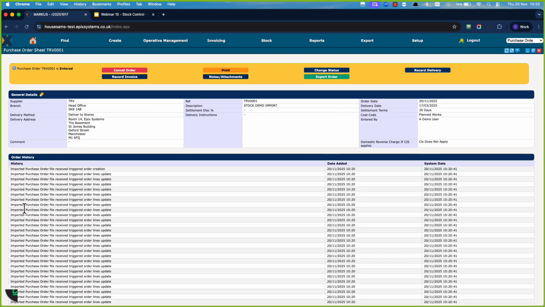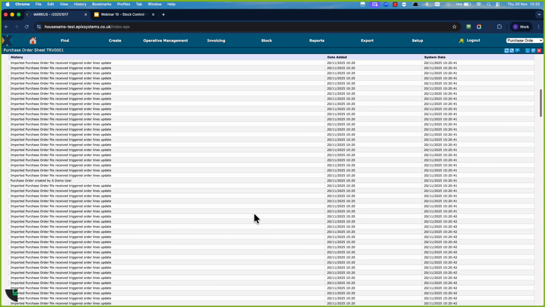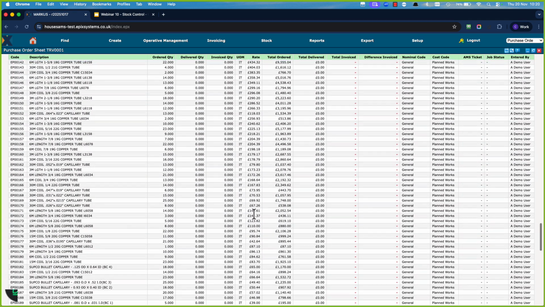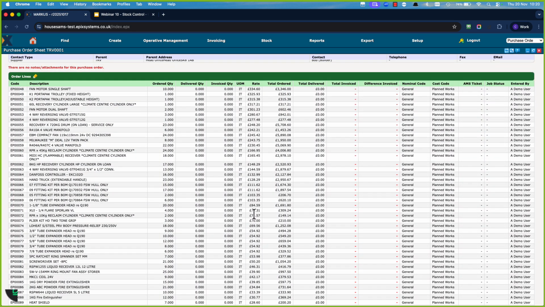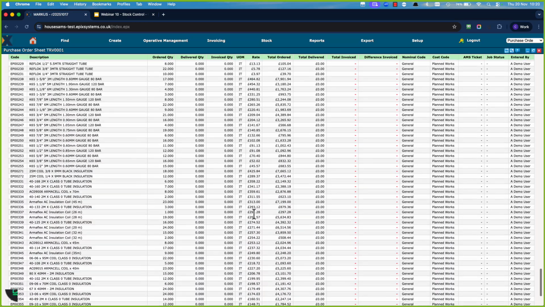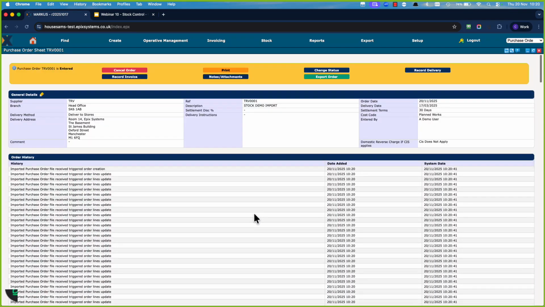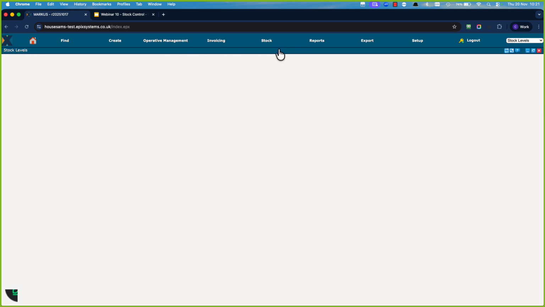And the file I've just uploaded has created a brand new purchase order with reference TRV001, and those part codes down there, I'll just slow that down a bit, you can see there's quite a lot of part codes there. So let's go right back to the top. We can see the delivery address for this order was room 14. And if you remember when I did our stock level report, so I'll do it again,